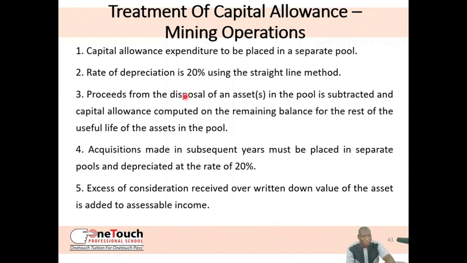So, acquisitions made in subsequent years must be placed in separate pools. You see, for example, let's say in year 1, you made some acquisitions. Those have 5 years to go in year 1, so you divide by 5. Then in year 2, there is a written down value for a particular pool, which you started in year 1. But in year 2, you have done some new acquisitions. What it means is that in year 2, those ones will also become costs. So you divide that one by 5. Though you are in year 2, that one will be divided by 5 because that was its initial year